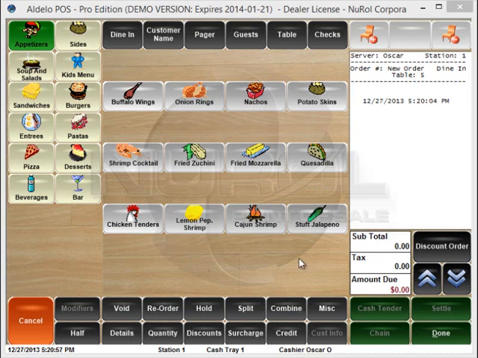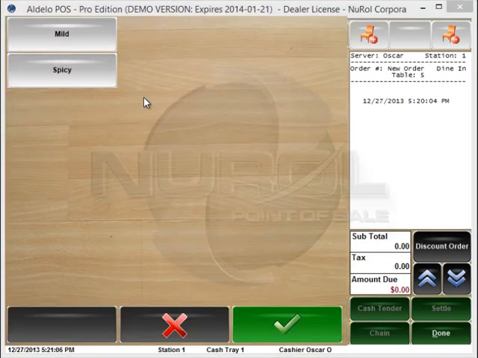Let's go ahead and place an order. We will use a sample menu which will show you some of the options you will have with AldeloPOS. If we start in the appetizer menu group, pick buffalo wings, we have an option of spicy or mild,